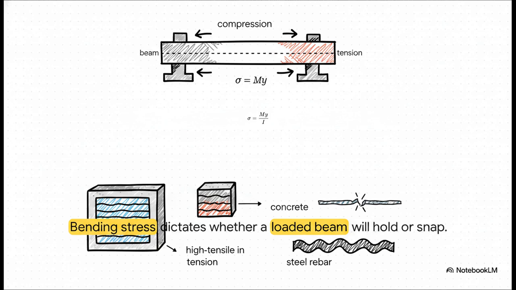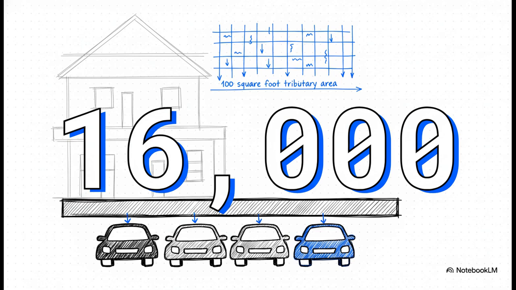This is exactly why we bury high-tensile steel rebar at the bottom of a concrete beam, because concrete on its own is incredibly weak in tension. To make this abstract math visceral, just consider a standard two-story residence. A single beam carrying just a 100-square-foot tributary area, meaning its designated share of the floor space, with standard residential